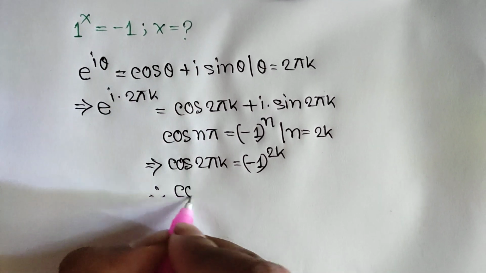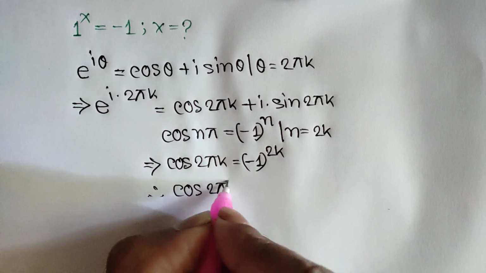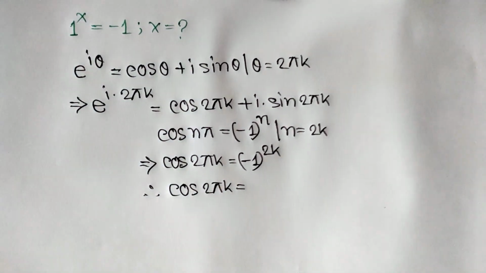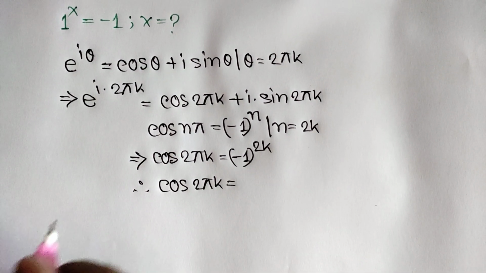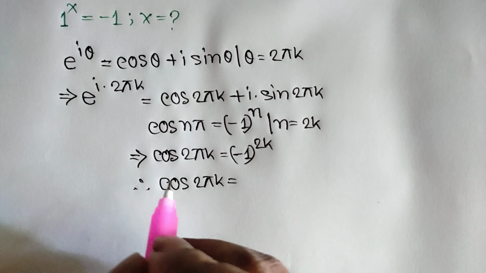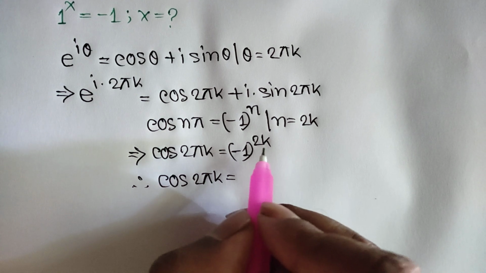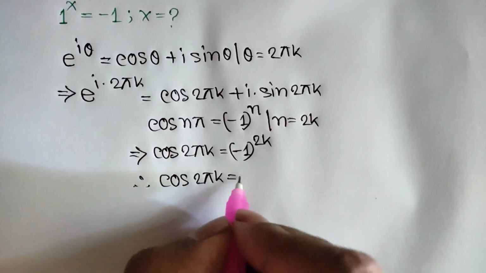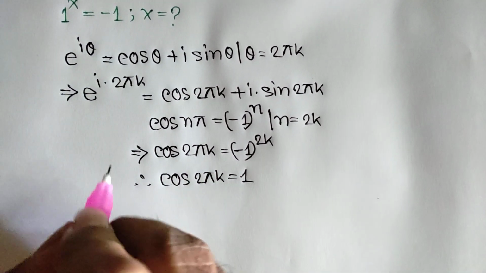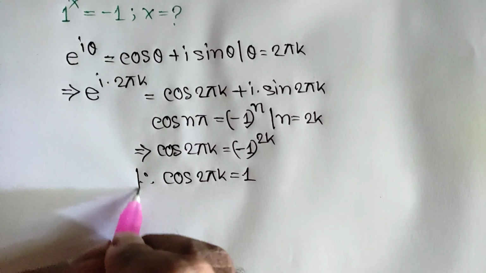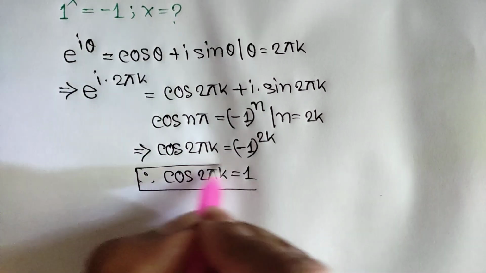The value of cos 2 pi k is equal to negative 1 to the power even number, it is always 1. So the value of cos 2 pi k is equal to 1,